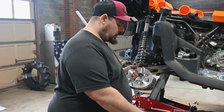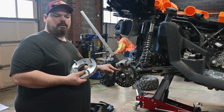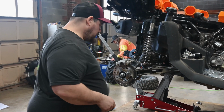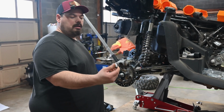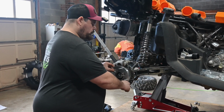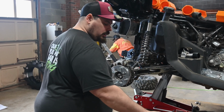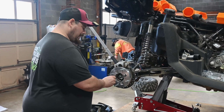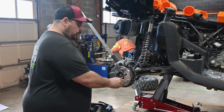So on your Gen 3, you have 10 millimeter lugs here. With the wheels I'm using, I'm able to use my stock lug nuts. But depending upon the wheels you choose, you may not be able to use those because they're going to protrude out. Nonetheless, we're going to get them installed because I know they'll work for me. Get these on here, and we do carry wheel adapters